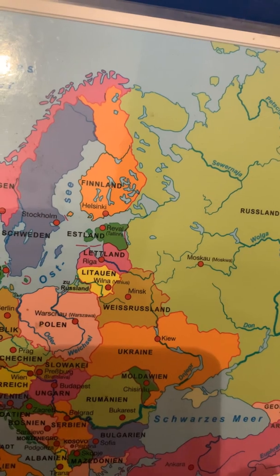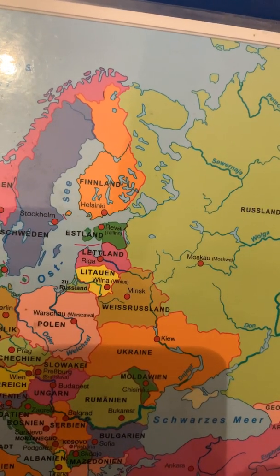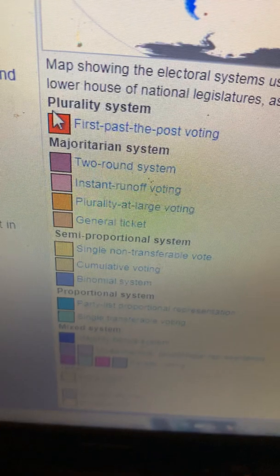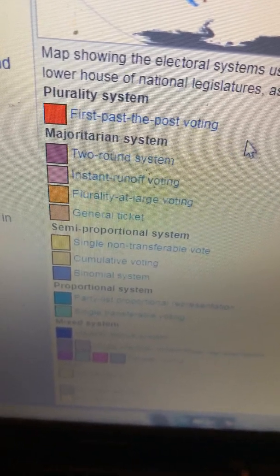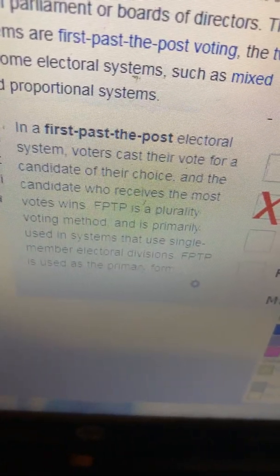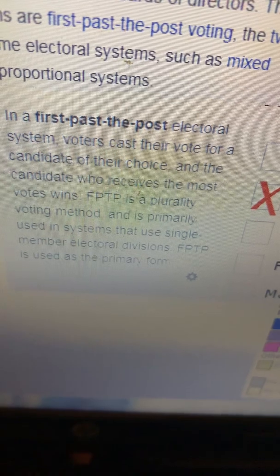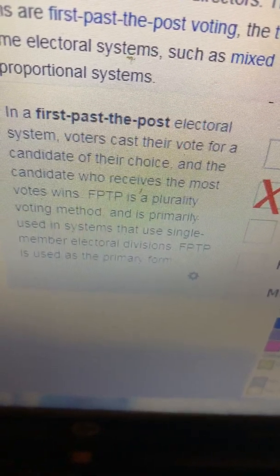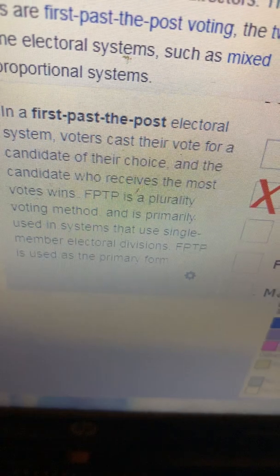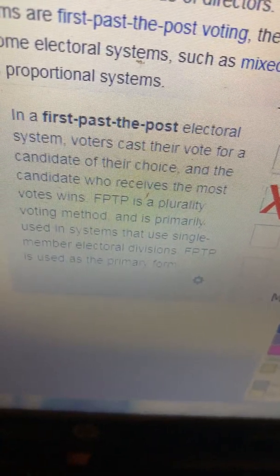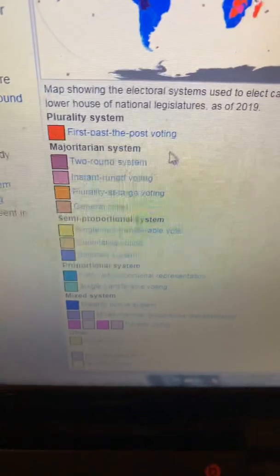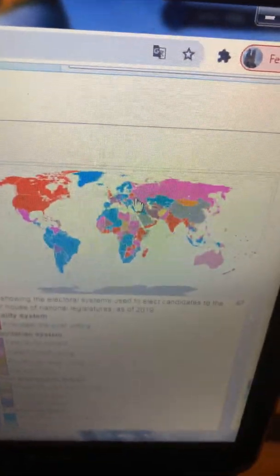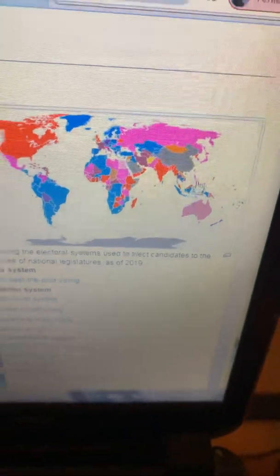The voting systems. Here are the different voting systems. Plurality system, first past the post voting. In the first past the post electoral system, voters cast their vote for a candidate of their choice, and the candidate who receives the most votes wins. In short, it is FPTP. It's used in United Kingdom, India, Malaysia,